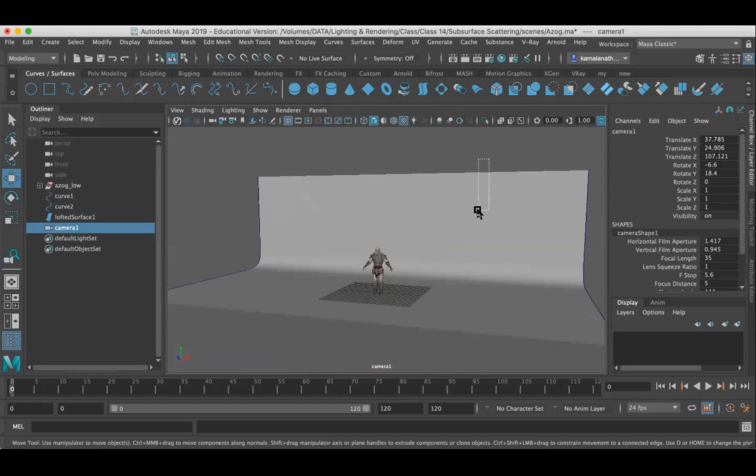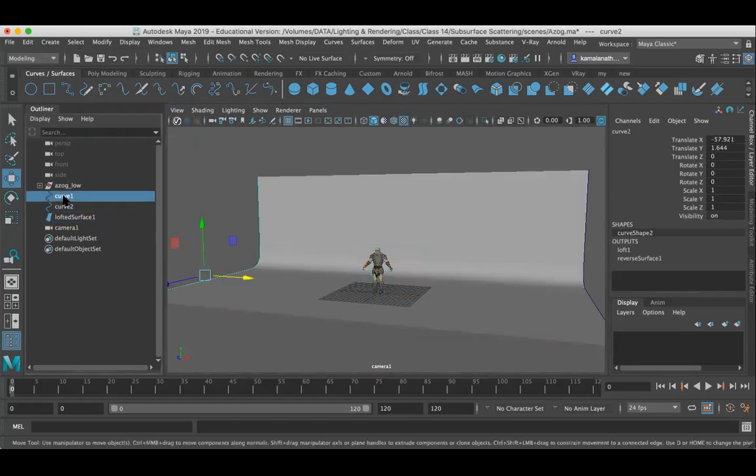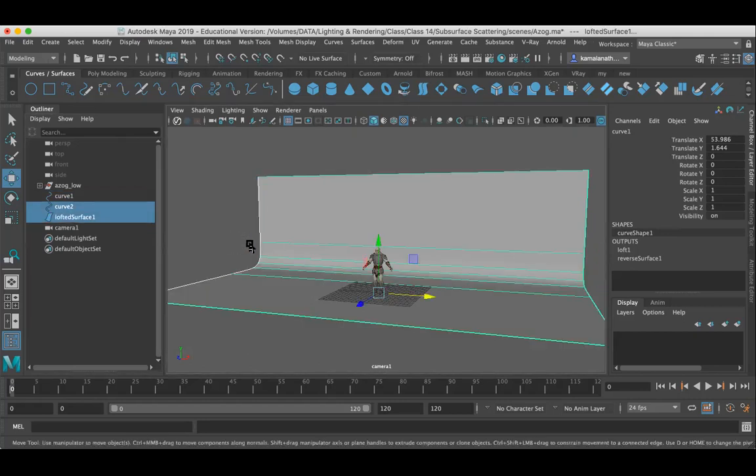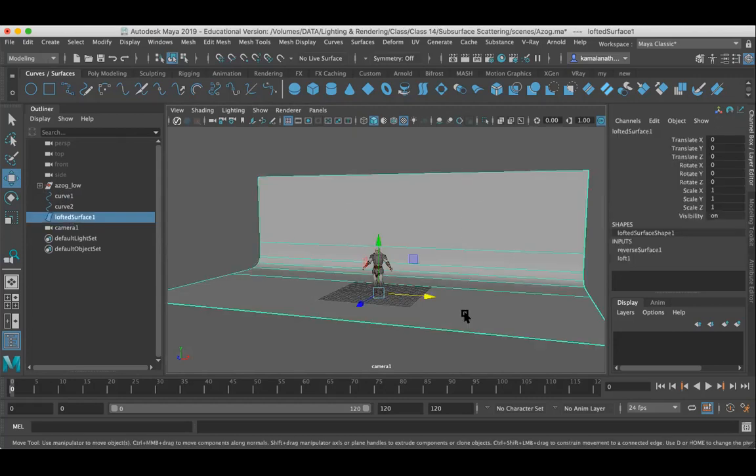Okay, so guys, with the character, I have just a backdrop. The backdrop is created using 2 curves, and I have used the loft. I think you guys are familiar with this right now. I hope you know how to create this backdrop, right? In the modeling part, you have done these kinds of things so many times, right?